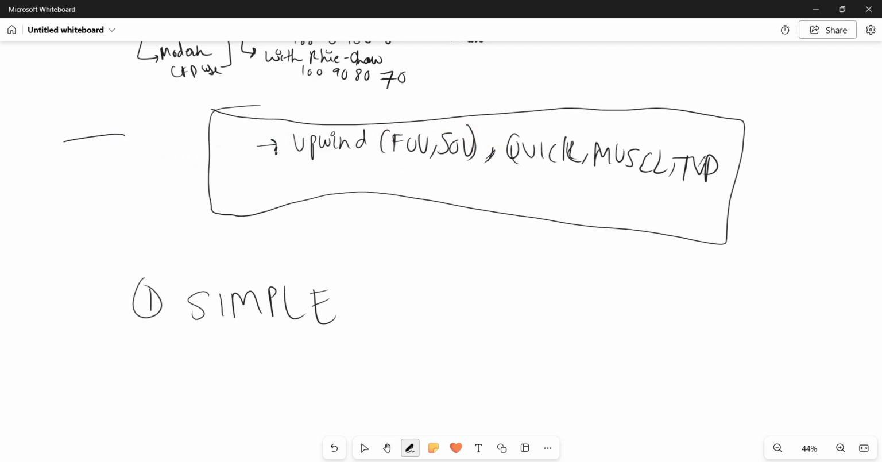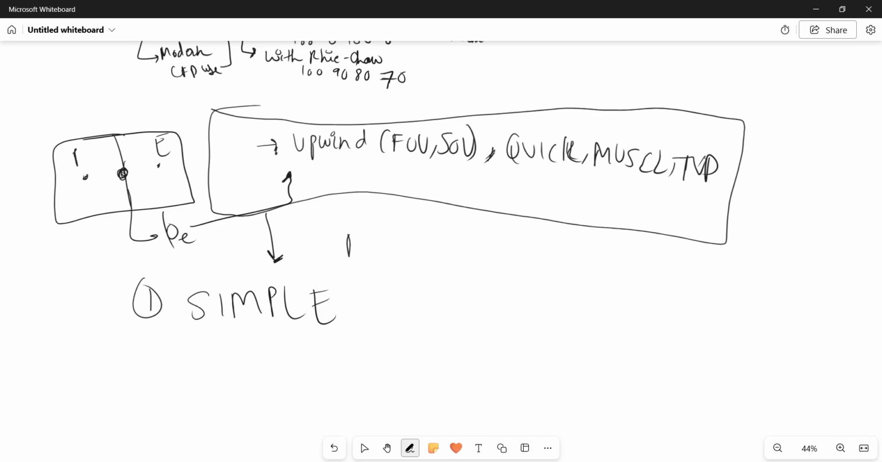So if there was a grid like this, and there were 2 points at the center, that is P and this is E, then in order to find phi E, you used to use all these methods. Now what these methods that we are going to cover now do is they find pressure and velocity. So these are pressure velocity coupling solvers,